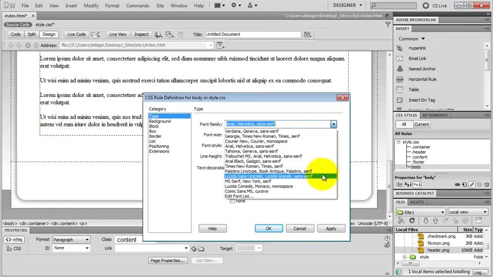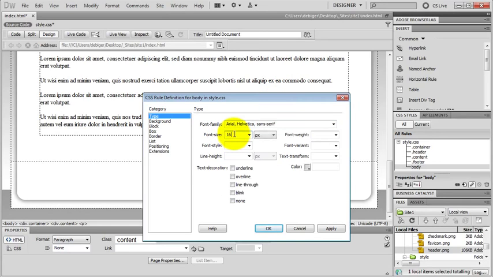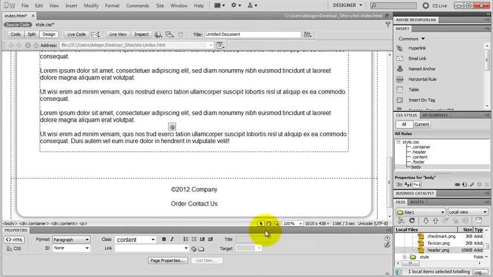Okay, I set the font size to 16 pixels. I could also set the font color to black, but it's black by default, so I don't need to change that. In CSS, everything has a default value, and I don't need to change that unless I need something else. I click OK, and my text is now Arial,